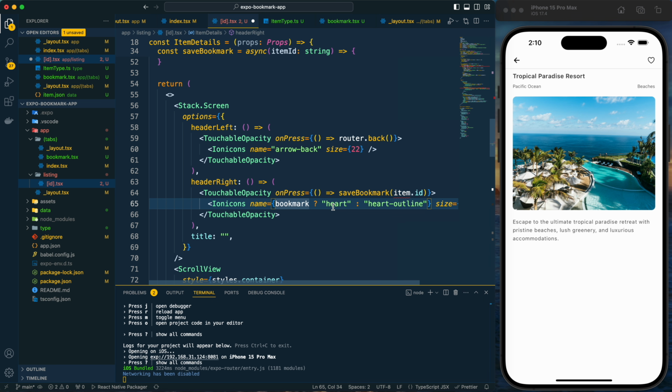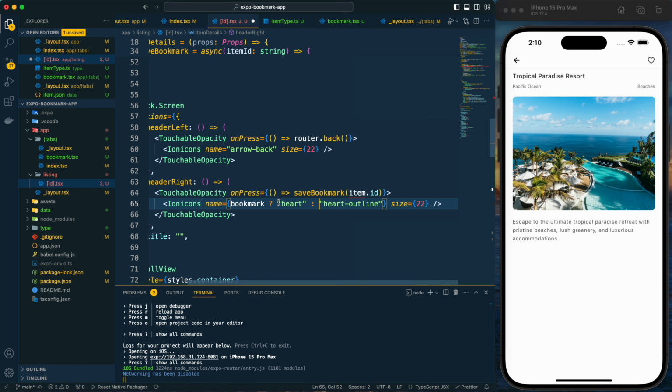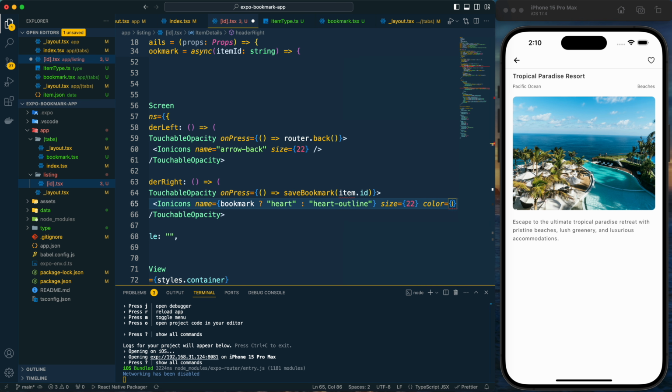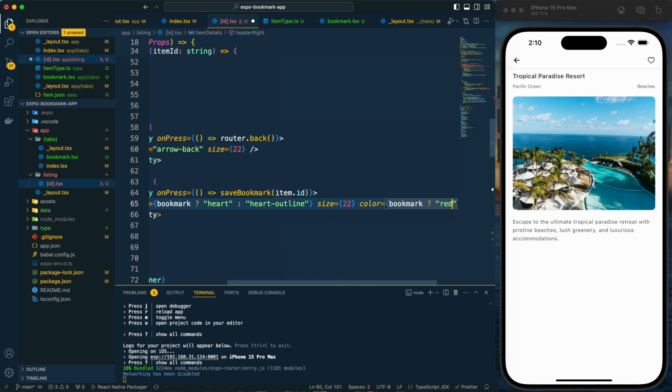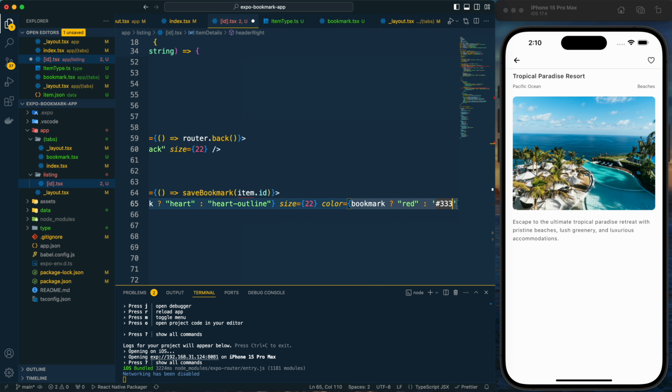If bookmark is true, then it will be heart, otherwise it will be heart outline. So that means if it is bookmark, then it will be filled, otherwise it will be like this. And also let me provide a color here, and it will be similar. If the bookmark is true, then it will be red color, otherwise I will provide this black color.